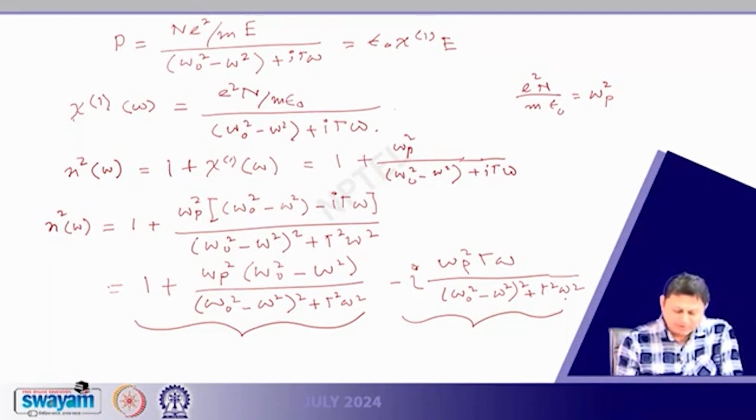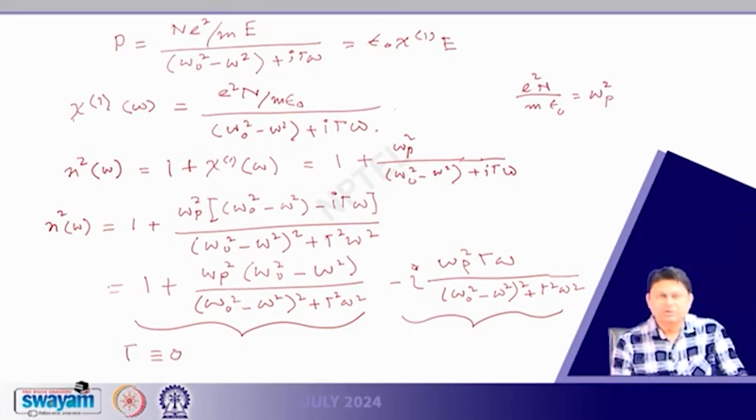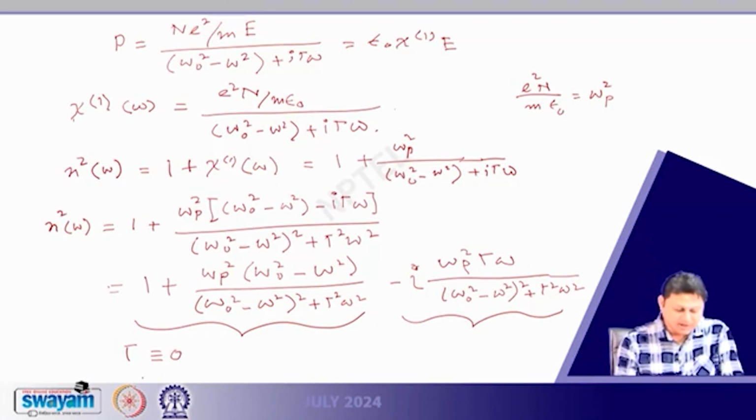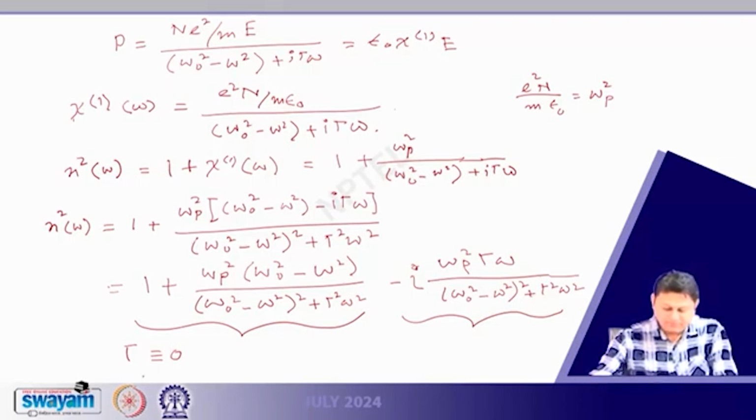Now if we consider that gamma is equal to 0, that means we are dealing with the problem far away from the absorption region. This is far away from the resonance of the system. Then simply if I put gamma equal to 0 in this equation, then we can simply have